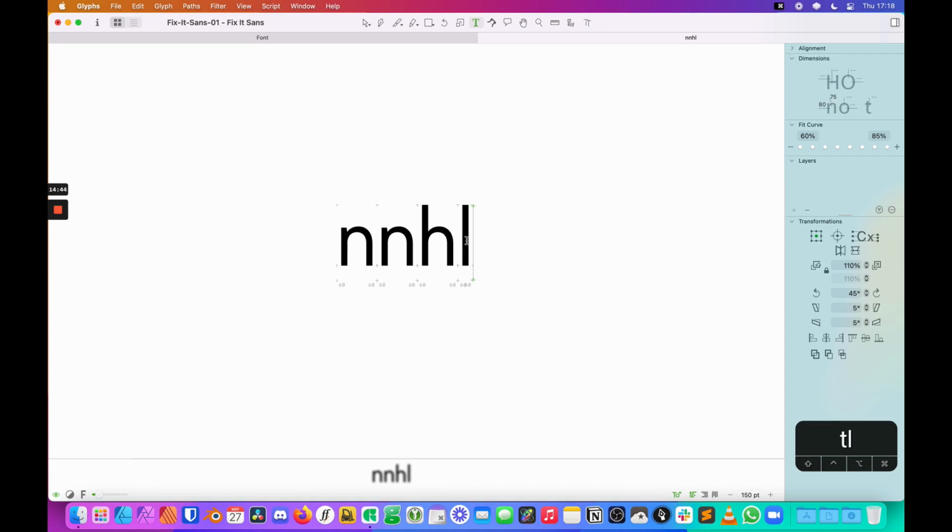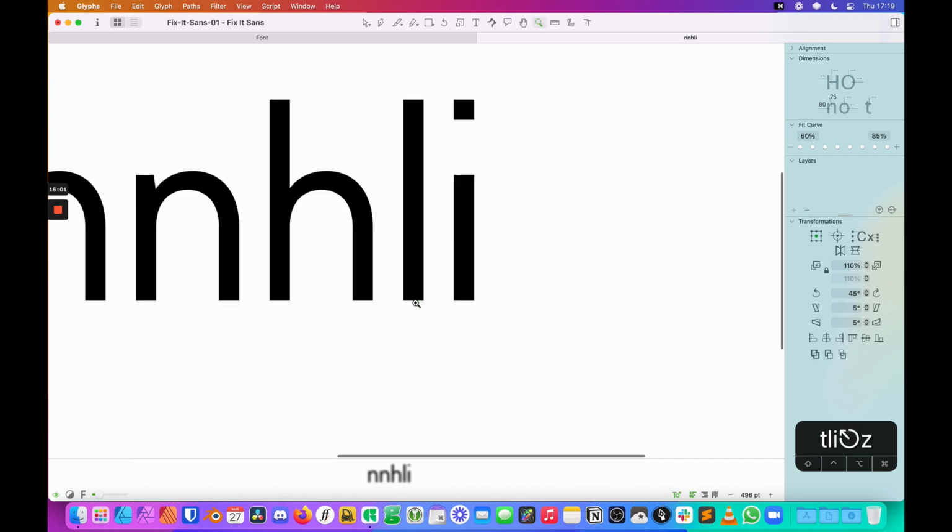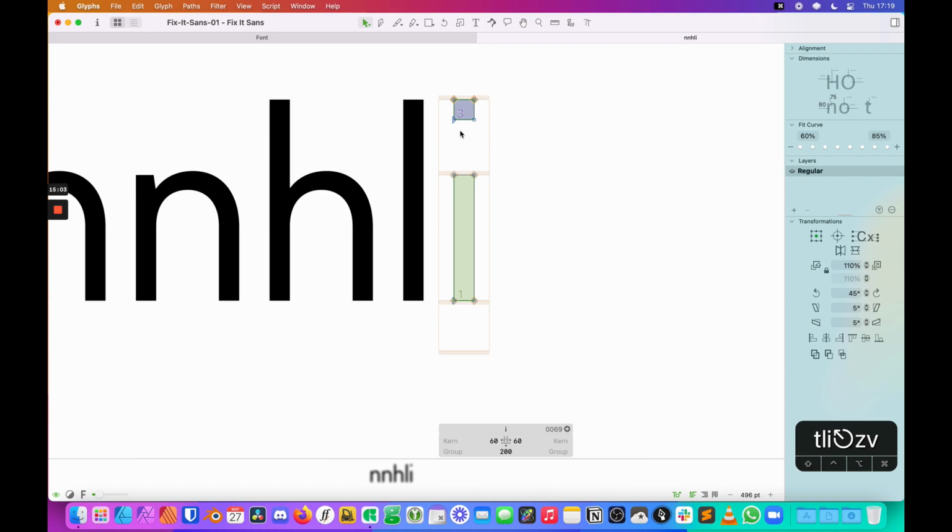Now we do have characters like the L, which in this case for this font is just going to be a straight up and down line, so we really don't have to worry about that. The reason that I'm choosing the L as the next one here is just because it mimics the left vertical stroke of the H. But I do want to talk about the I. So when I drew the I, I drew a square dot on top of the I, and I've pushed it all the way to the top of my lowercase ascender height. That's the word I'm looking for. And I really don't want to do that. And actually, one thing I did notice is I have two shapes copied on each other there. So I always want to make sure that that's taken care of too.